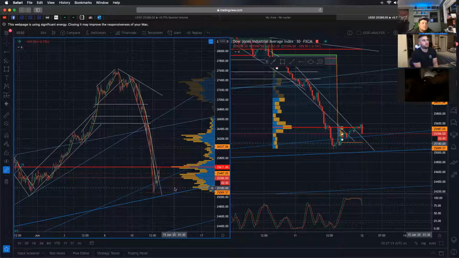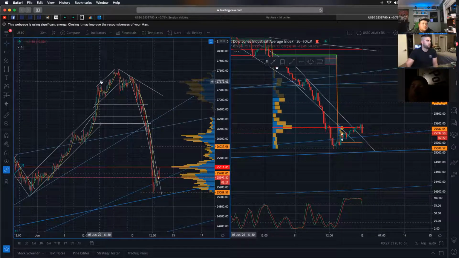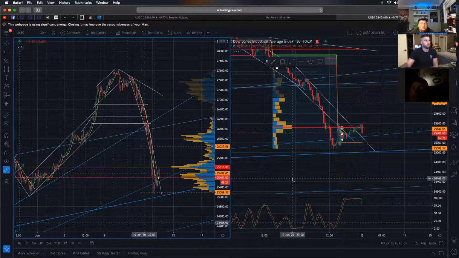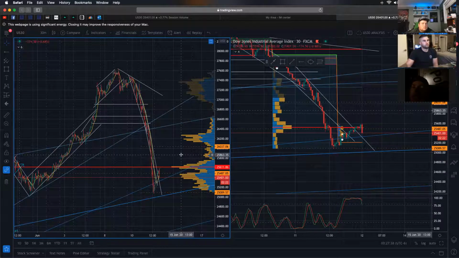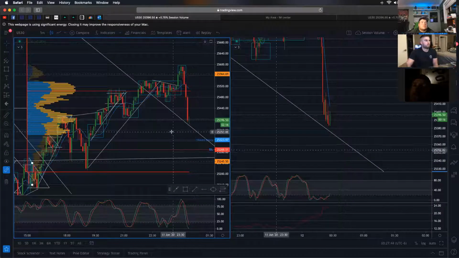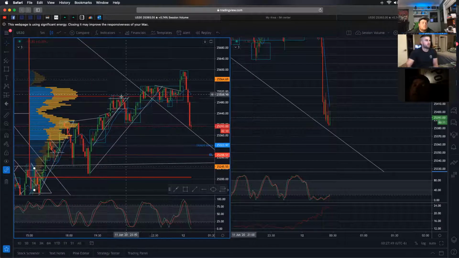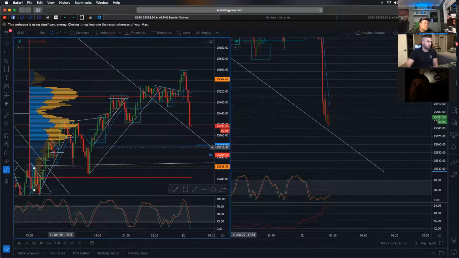Well, it's still like a lot of people don't understand. It is auction market theory, so price is accepted or rejected at a certain point, and it still is support and resistance, but in all reality, it's price accepted or rejected. On the 5-minute time frame, you don't really see it as well as you do on the 30-minute. But that's the thing, with our other lines, we're still doing our normal support and resistances